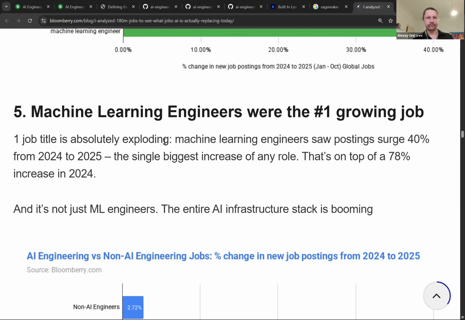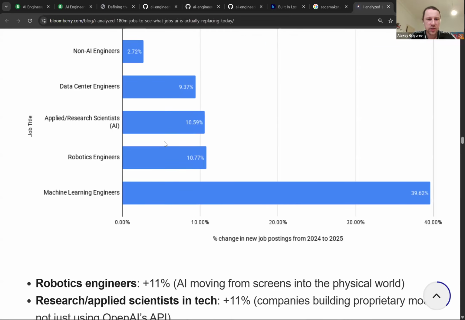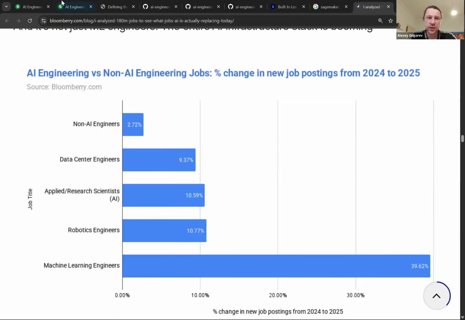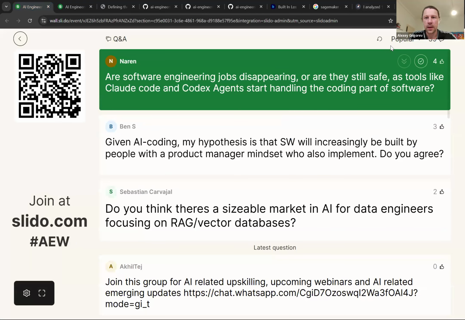I don't know what you can take from this, but to me, the question is originally about software engineering, and I don't think software engineers are going to be made redundant anytime soon. Just today, I was building something with Claude Code, and this is Opus 4.6.